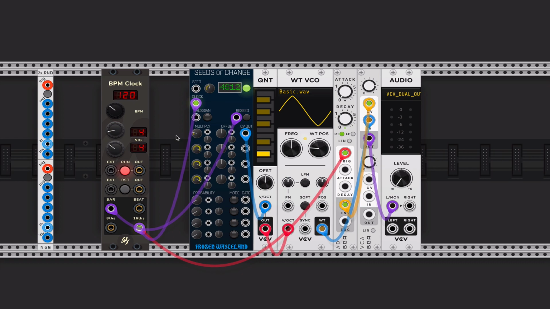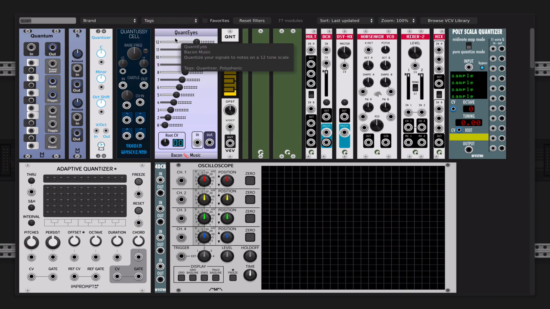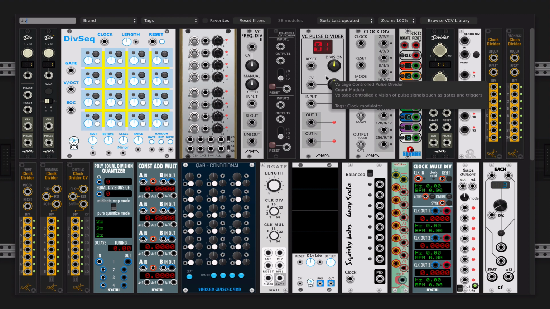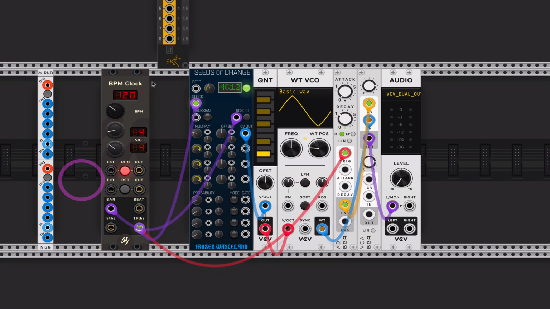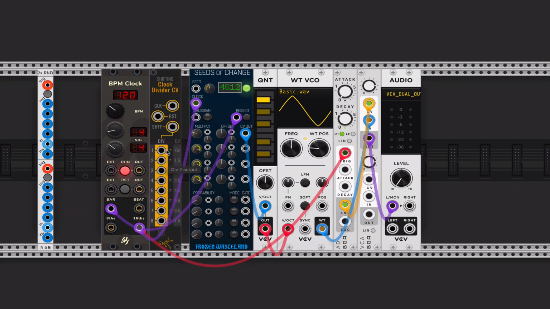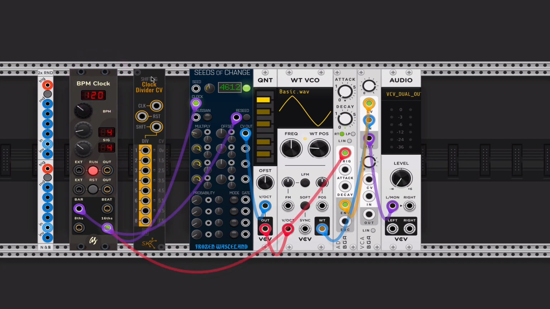We're going to do that with a clock divider. So I'm just going to type in div here, find our clock divider. The one that we want is the shifting clock divider, because what we can do with this is muddle up what our output is doing. Normally we'd have the divide by 1, divide by 2, 3, 4 output, but when we put the control voltage in here to shift it around, it muddles the outputs around according to our input voltage. So initially we're just going to take our 16th note